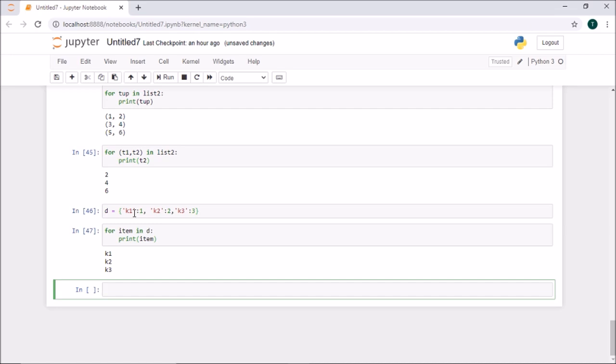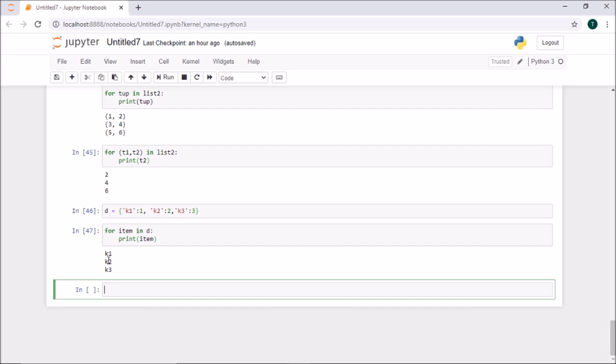Okay, so for that, see, for a dictionary, the key elements are the major elements. Corresponding to the key elements we have values. It is like in a dictionary you will be having a word, right? For that word, meanings will be there, but the words are the important ones. So the same way here, key elements are important, so if we didn't mention anything, only the key elements drop down.